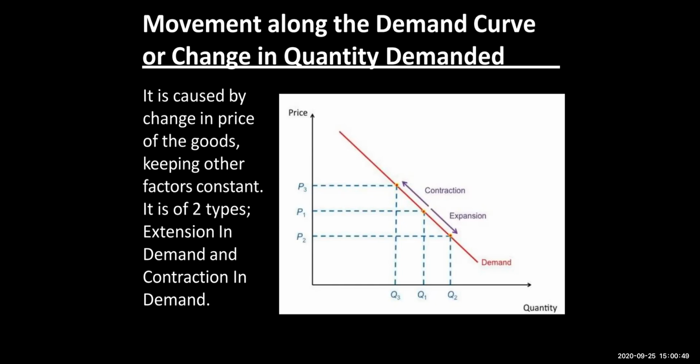And with decrease in price, there is increase in demand. Let's say if the price decreases from P1 to P2, then the demand increases from Q1 to Q2, which means that there is extension of demand. The reason why we call it movement along the same demand curve is all the movement, whether it is upward movement or downward movement, the movements are taking place on the same curve.